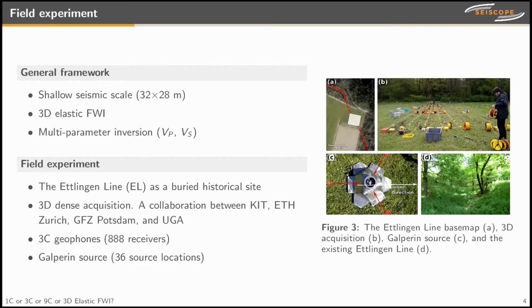The target is the Ettlingen line, and you can see the Ettlingen line on figure A here. This Ettlingen line is a historical war trench which was built in 1707, so around 300 years ago by the German troops during the War of the Spanish Succession. You can see the existing Ettlingen line given by the red line here and here, and on the field the